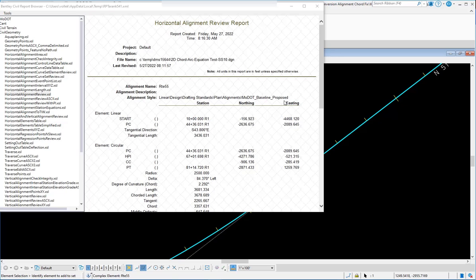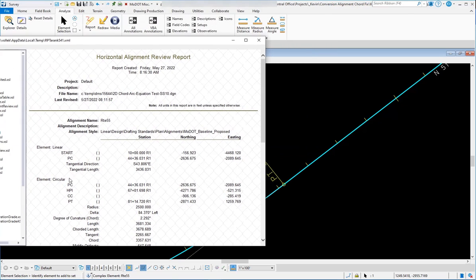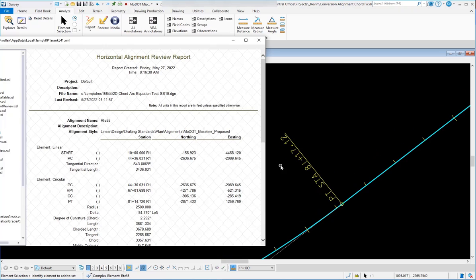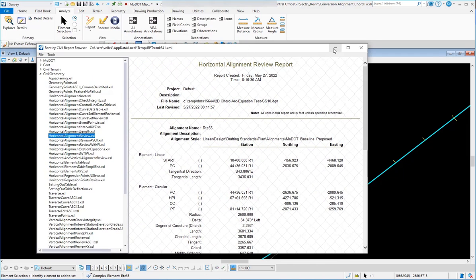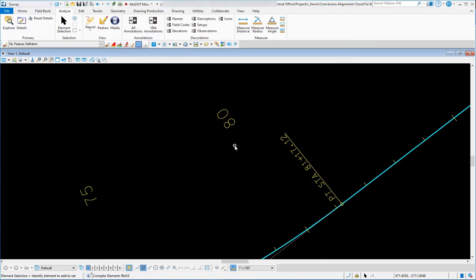And when you look at the report, you'll see at that first PT station that it's 8114.72. And the station that we get from SS10 is 8117.12. And so this glitch, what Bentley's calling it, I call it a bug, but they call it a